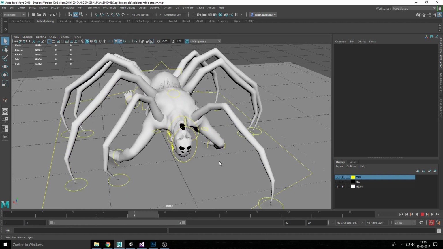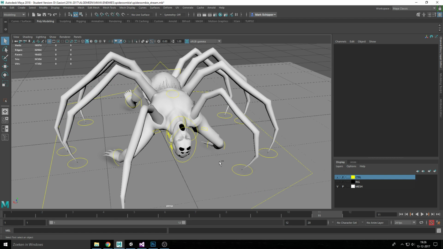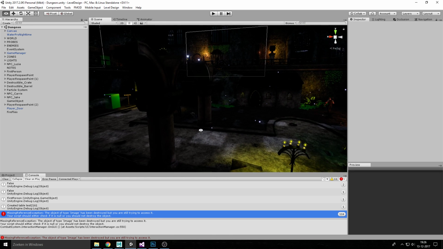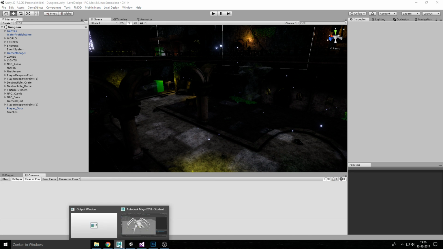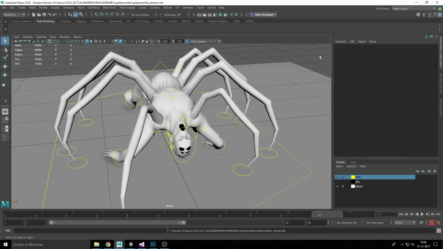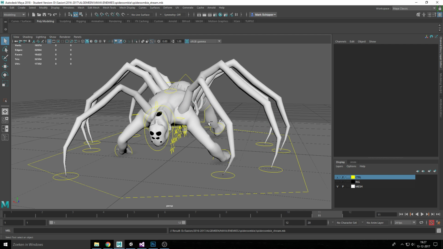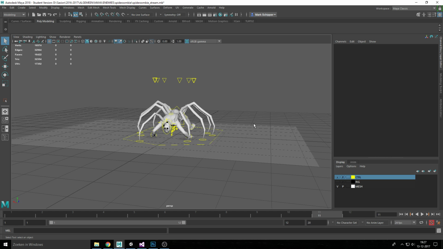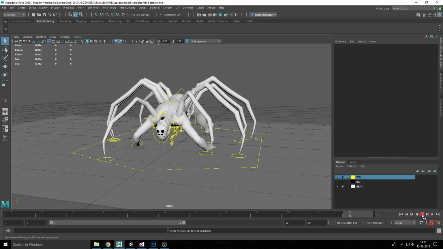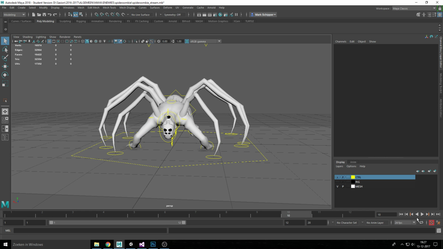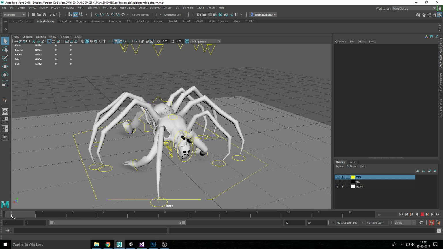Okay. Blue and orange. Well, I've done it here, so there's no blue and orange in this entire level to compensate for that. Oh, that's pretty good. So let's just move on to the attack animation, which is a little bit more complicated